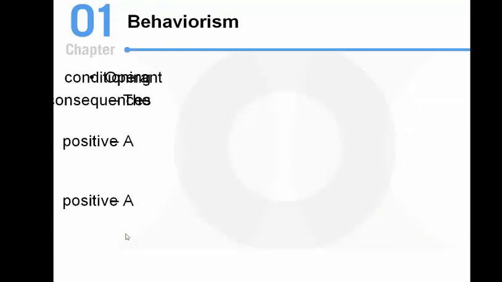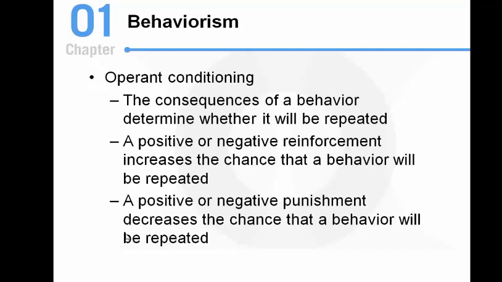Alright, now another theory that's going to be important for the class is going to refer to behaviorism. So behaviorism, or this information could also be thought of as behavior modification or learning. This suggests that we develop into the person we are today because of our environment, because of primarily operant conditioning and the consequences of our behaviors. Very simple idea here. When you do something and it goes well for you, you're more likely to do that behavior again in the future. If you do something and it does not go well for you, you're less likely to do that behavior again